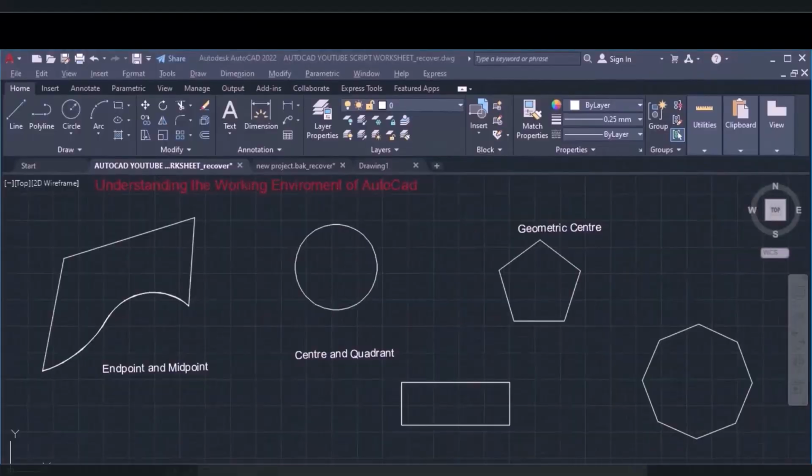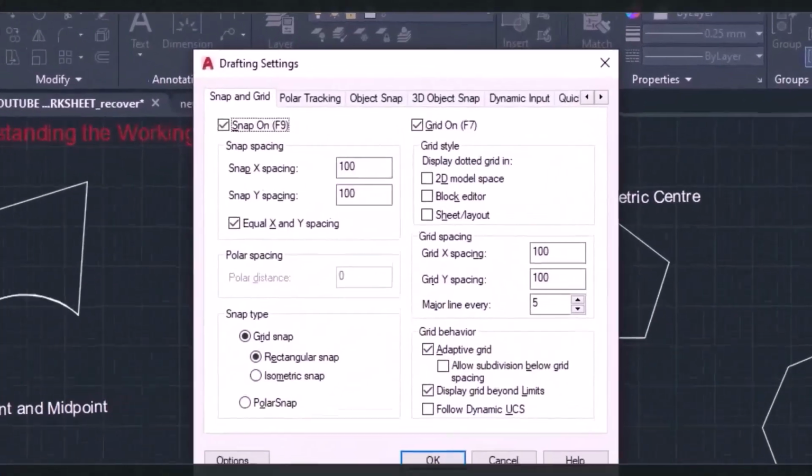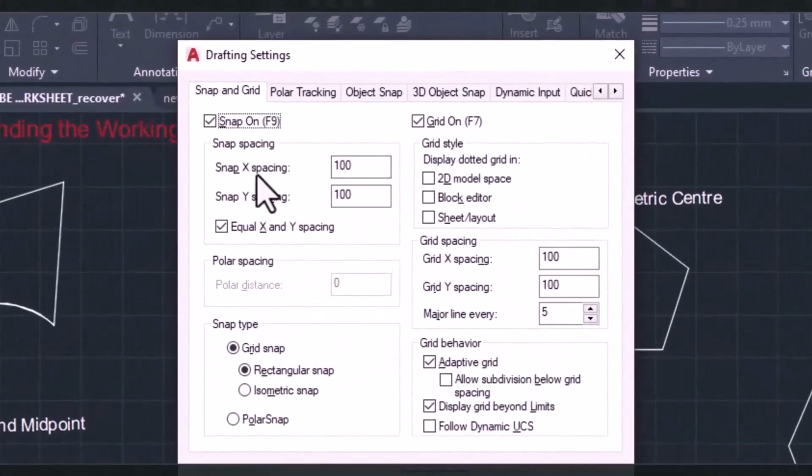I will click on this snap mode to activate it, then we'll click on the snap settings. Notice what I have here. Now I have the snap settings over here. According to what I have here, it snaps to 100. Notice the 100 it has snapped to is quite small from this view. Now I will reduce it to